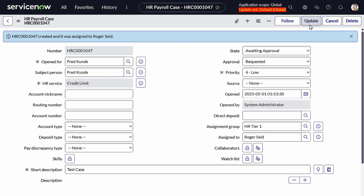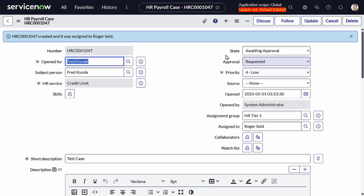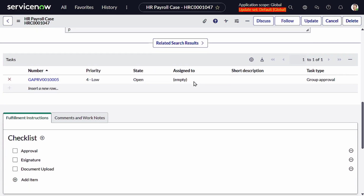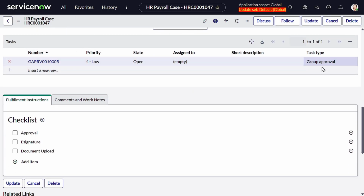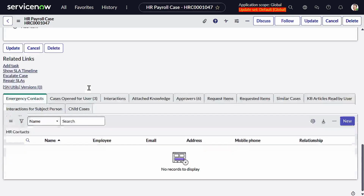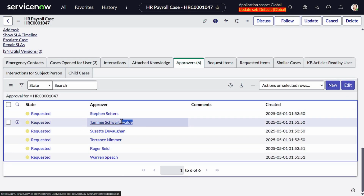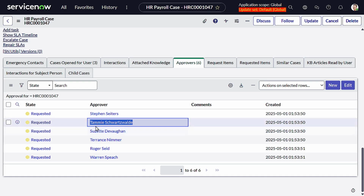Once it goes to ready for work, you can see the state changed to awaiting approval. That means the approval got triggered. If I scroll down, you can see the task, which is a group approval task. Perfect. And we are working on this approval part. You can see the approval got triggered. Now let's see. I will just go with this Tammy. Okay, Tammy, and let's impersonate and